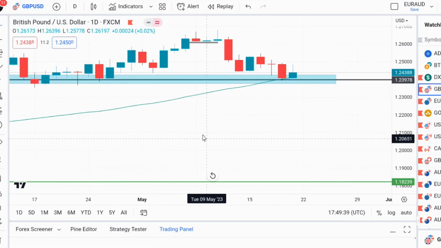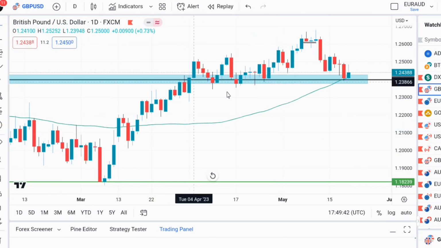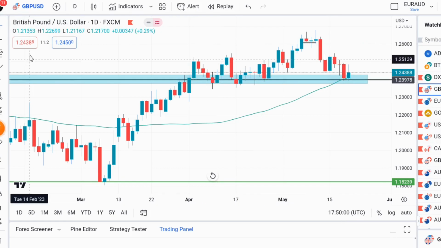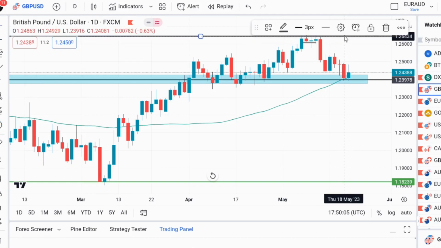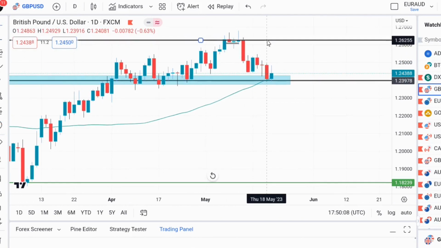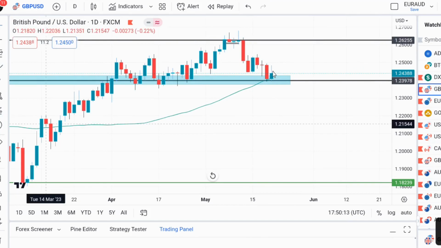as you can see, that level is a very, very strong support level. As you can see, we have a series of rejections at this particular level. So what we are looking at is a move to the upside right here, and this is the target at this particular area. This is the first target right there. We might see this target before the FOMC on Wednesday.